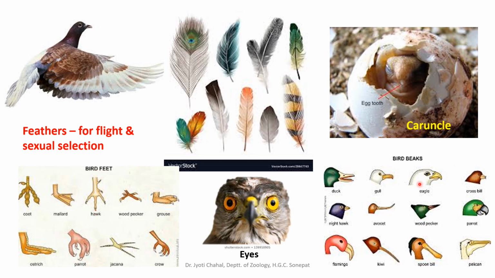Now bird feet and bird beaks. Beaks, as we talked about in the case of Darwin's finches, have different beak shapes and these provide different functions. Like the eagle, its beak is pointed and notched to tear the prey.